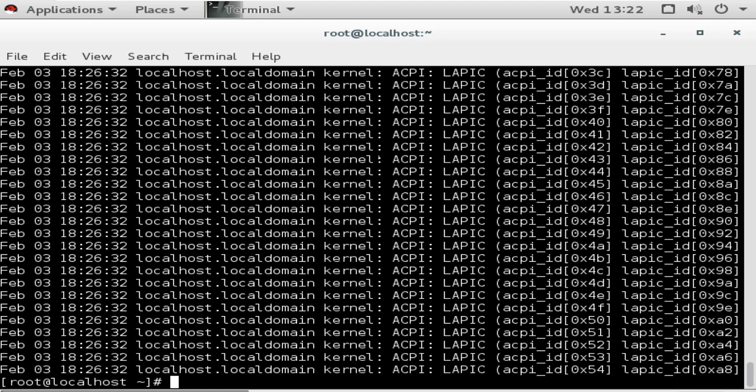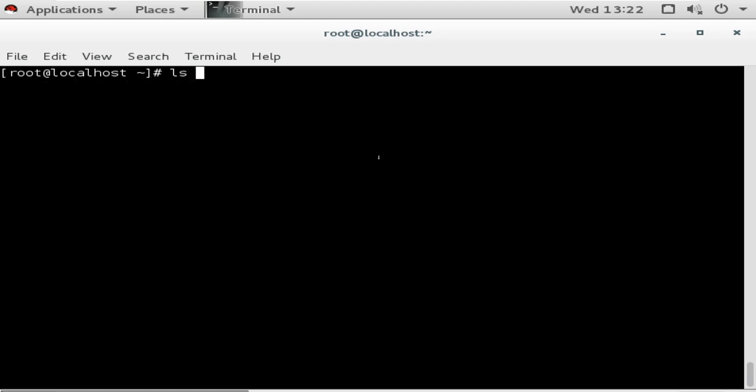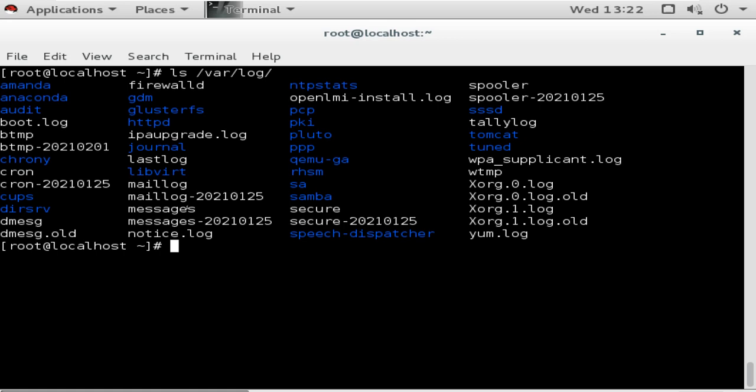One more log file has the boot log under the /var/log directory. Under the /var/log directory you will see a file called dmesg. You will always see two files, dmesg and dmesg.old. The old file has the information about the previous boot, and the other file has the information about the current boot.